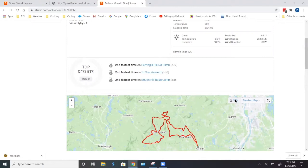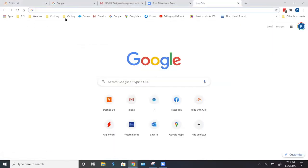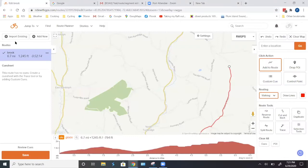That one I've got no clue. All right, yeah, I don't know that. I don't pay for Strava, so I can test. Okay, there you go. So this is his route. Now I can go back to